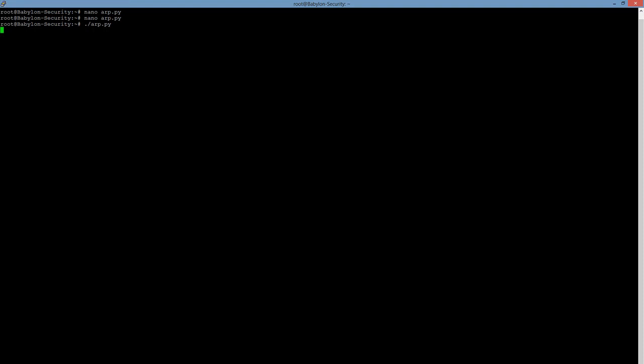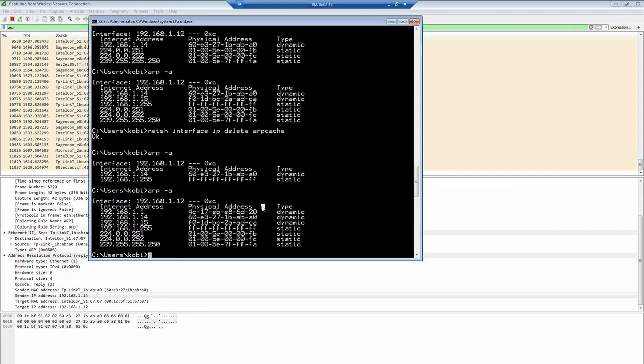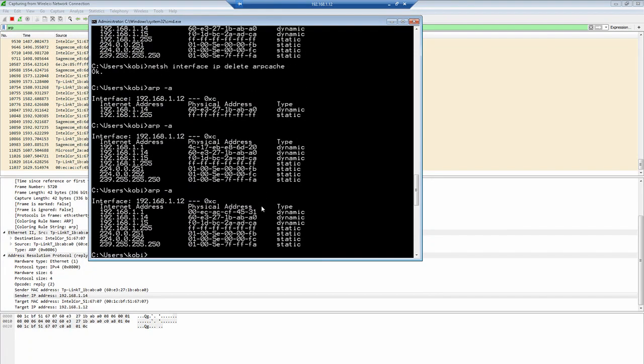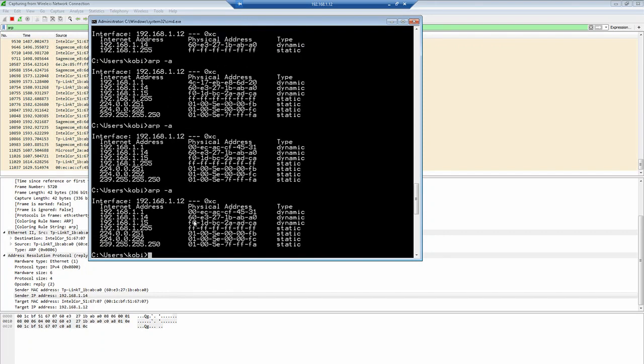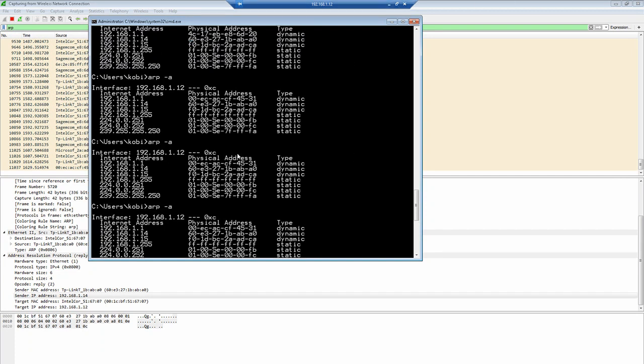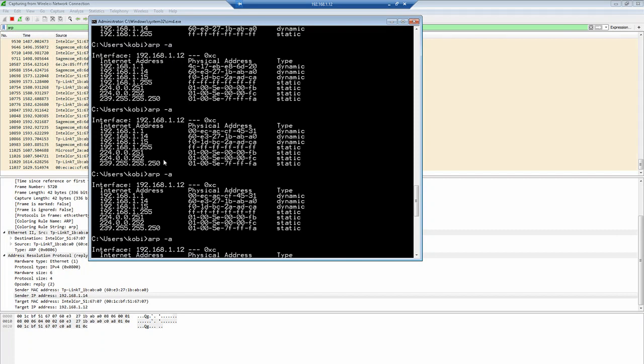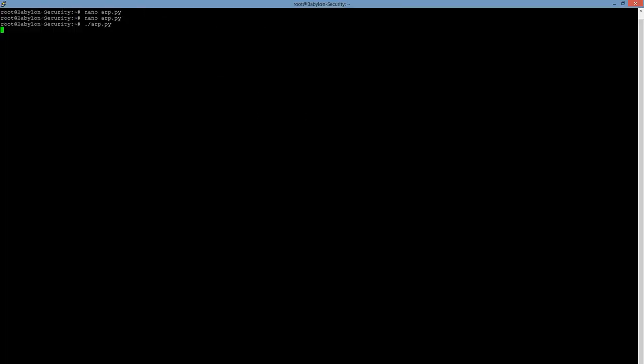So let's run the script and let's again ask the ARP table, and we can see the difference on the gateway, but it's not the right script. I need to send the second script. Okay, now we'll see that our server has different